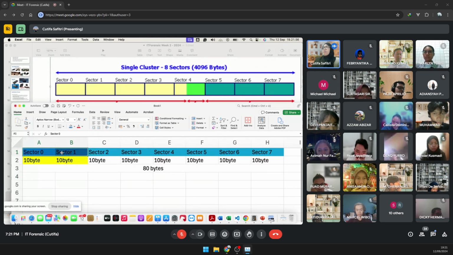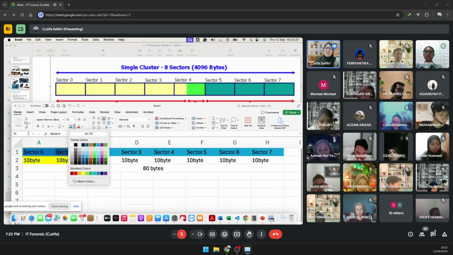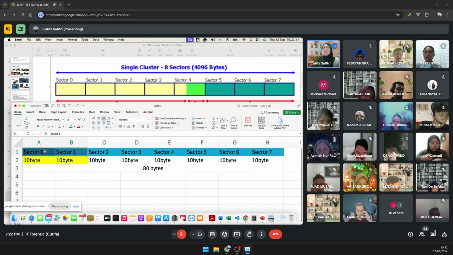The sectors that previously contained lalala.txt still hold that data. It is like assuming that you are occupying a room but can no longer pay for it, yet you are still in the room, even though people will already sell that room. You are still a resident there, even though you are deleted.